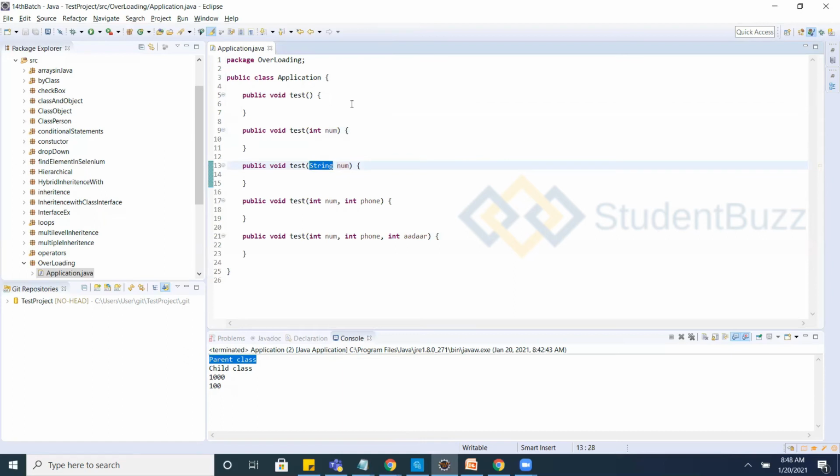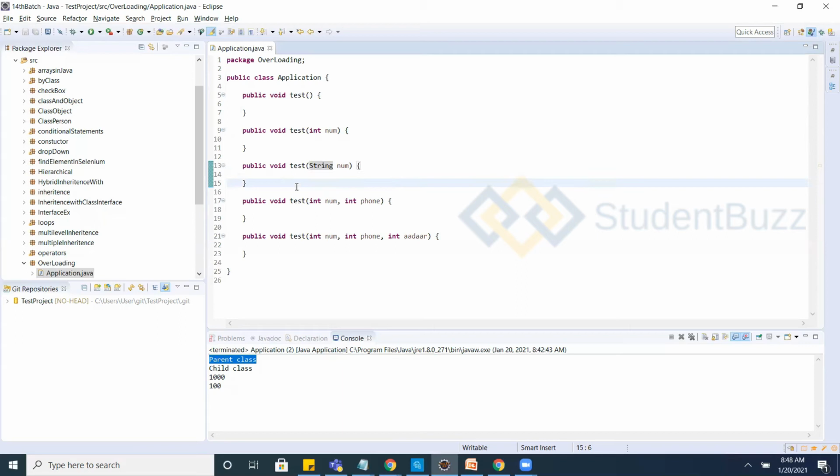The number of arguments is also the same, one each, with the same variable name, but the data type is different. You can have the same method name and the same number of arguments, but by changing the data type you can also achieve overloading.